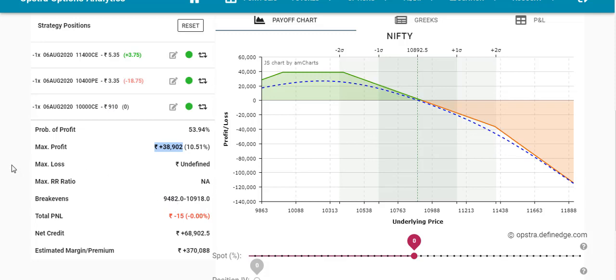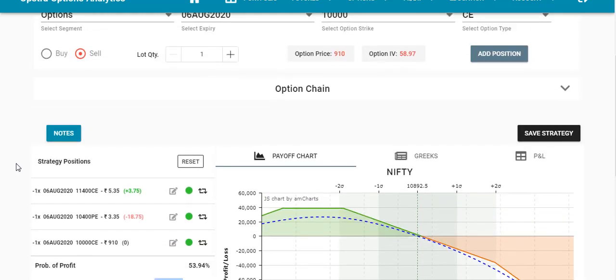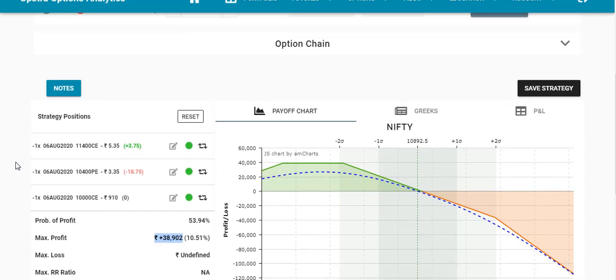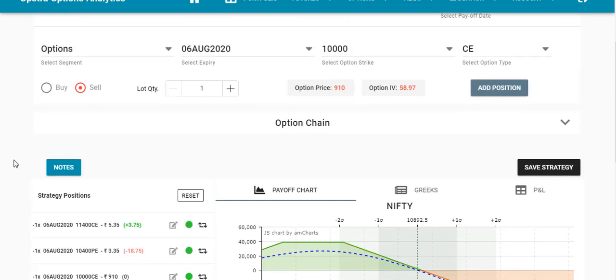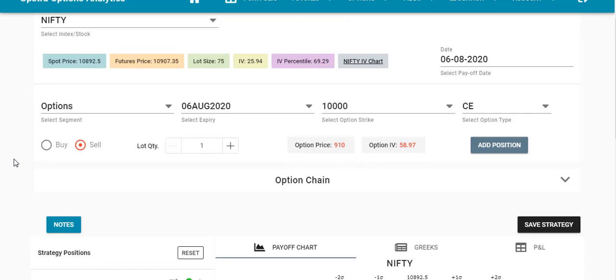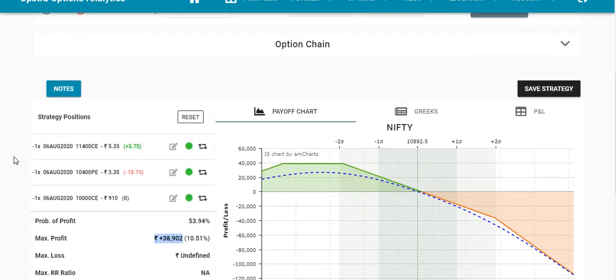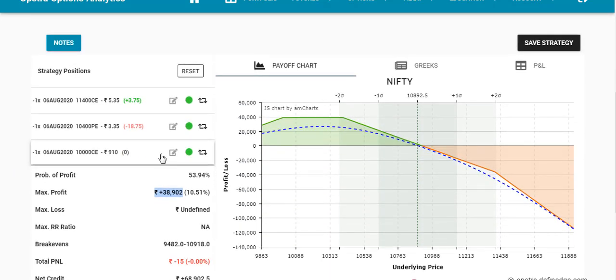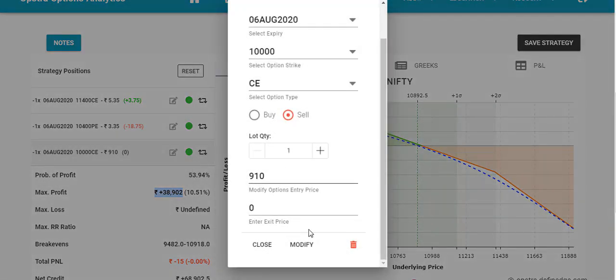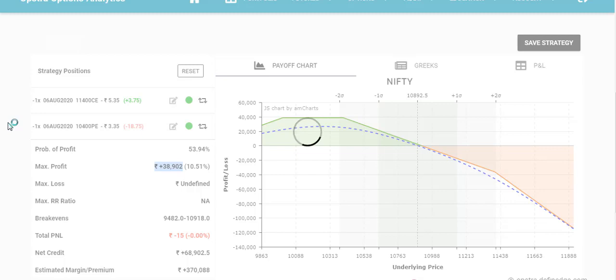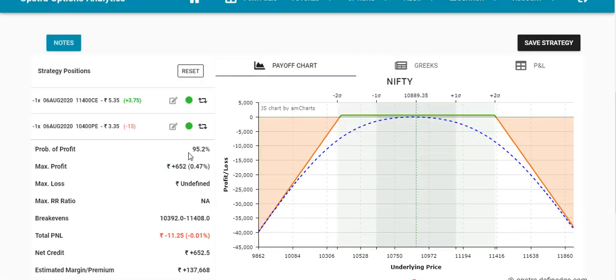So guys, this is one of the safest strategies I think to use in the market. This is for safe income, like if you want 1% per week, you can easily make money from this strategy, I think. Lots of big players are using this kind of strategy. Guys, I already told you, you can see here the probability of winning is 95%.